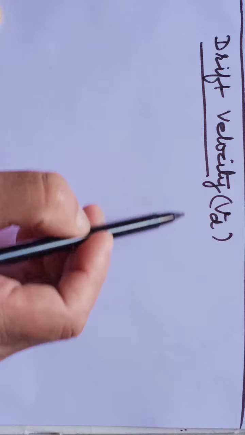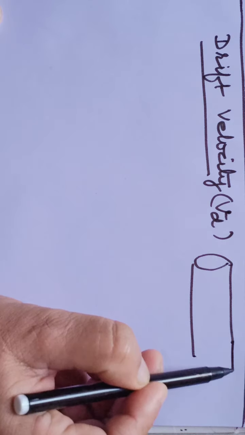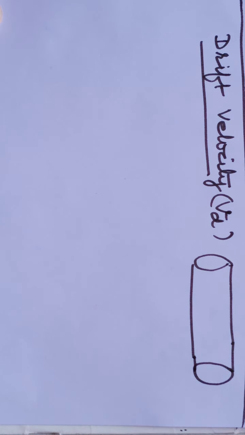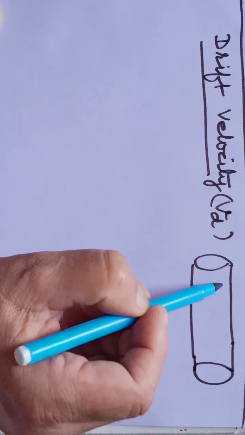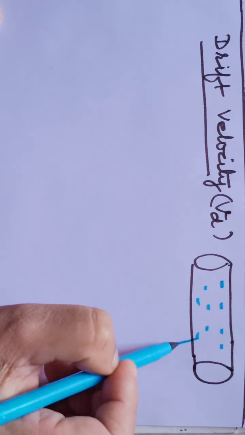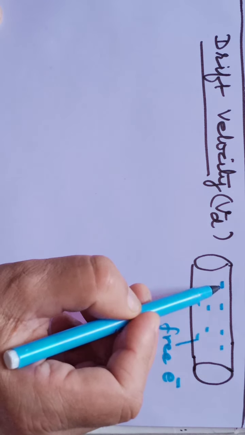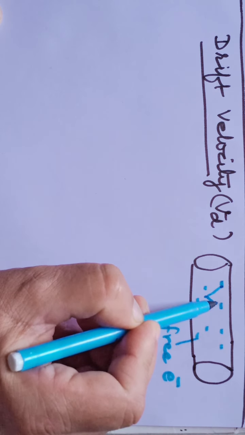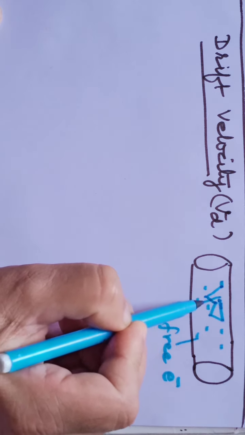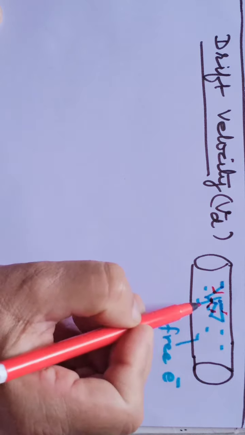Now next let us learn about the drift velocity. In a conductor, suppose this is a conductor, there are plenty of electrons. These are electrons, free electrons. Now these free electrons move in zigzag paths randomly along these directions. This is random motion